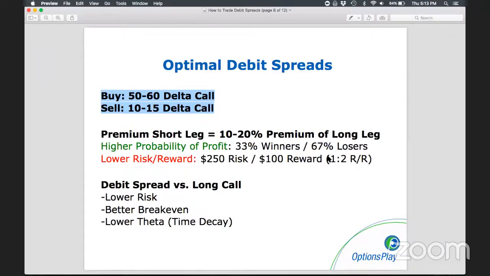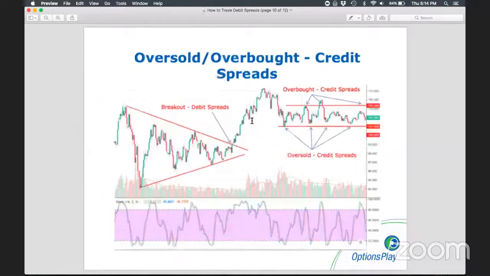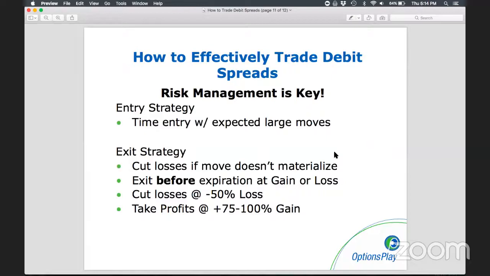Greg's asking, can you explain why you should close out the spread trade prior to expiration? For example, you're bullish, you have a call vertical on XYZ at 100, 110, but XYZ has dropped to 90 near expiration. Well, this is where you don't want to let that point happen, right? This is why we want to have these rules, so that no matter what happens between those two points, you cut your losses no matter where the stock goes. If you've lost more than 50% of that trade, you want to cut your losses, and you want to take profits. That's really why. And the reason you don't want to hold it to expiration is because